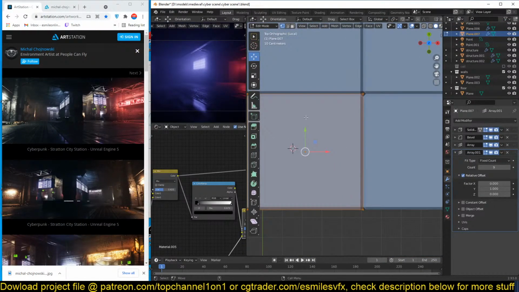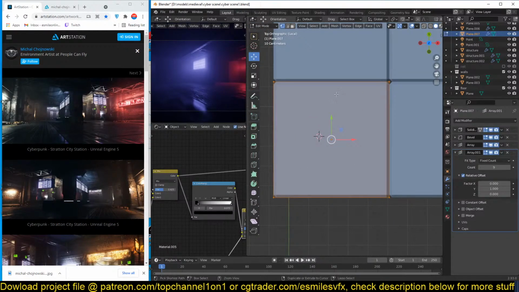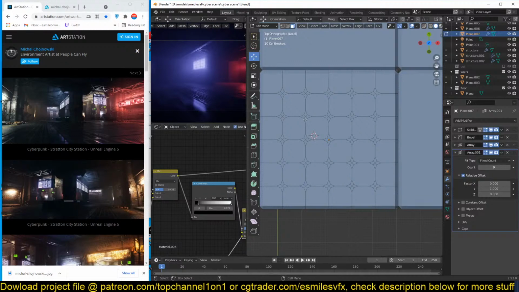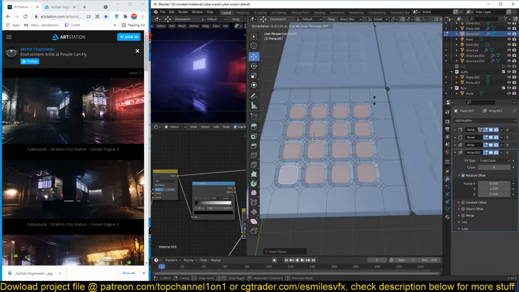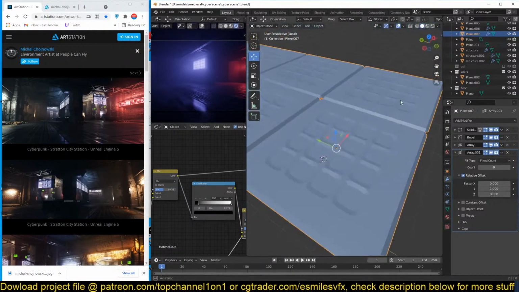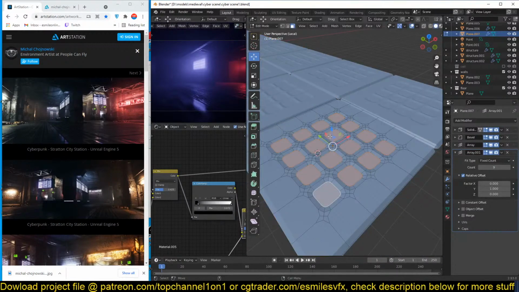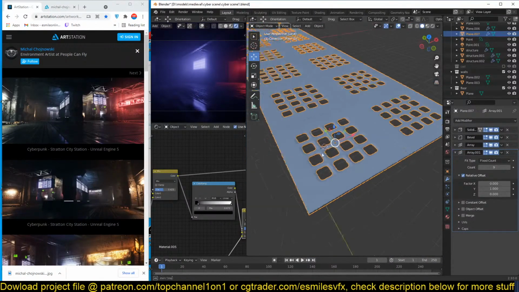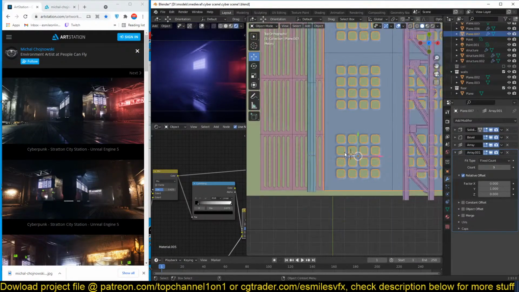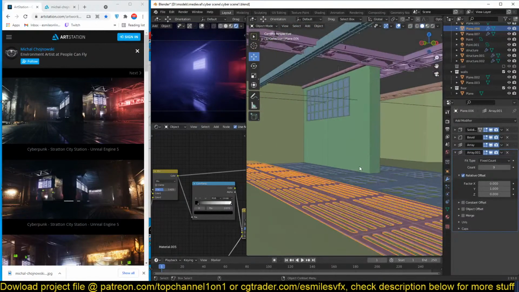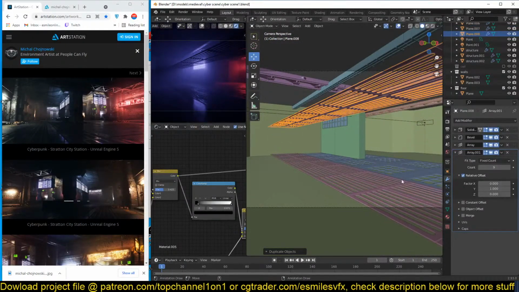And now let's get into detailing this, so we can come up with our own details. So I'm just going to select these, Shift B. Let's see if I select these. I'm just trying to see if I can come up with a different pattern. And we can use even some of these for the roof in some areas. So if I duplicate this, Shift D, you can see